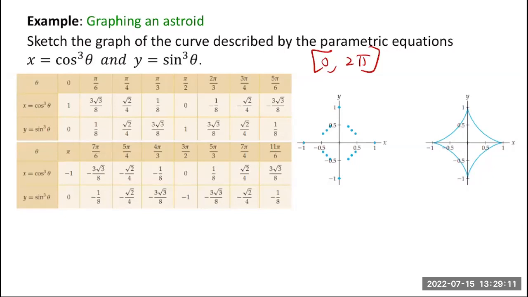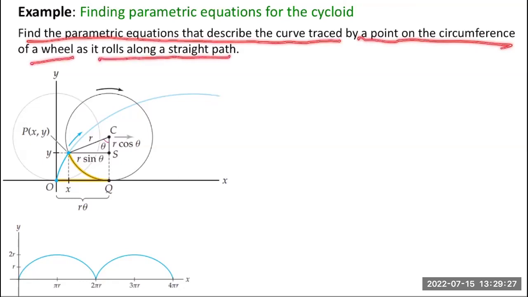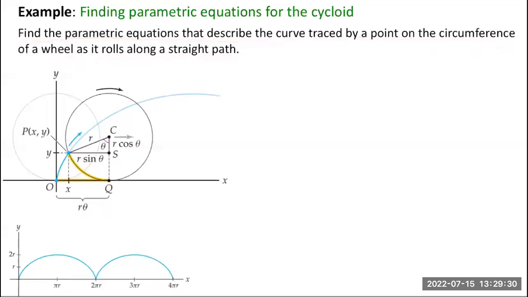All right, let's move on. Here is the next example that I want to look at. Find the parametric equations that describe the curve traced by a point on the circumference of a wheel as it rolls along a straight path. Okay, so let's find the parametric equations that describe the curve traced by a point on the circumference of a